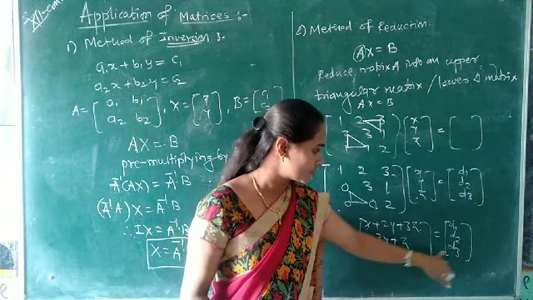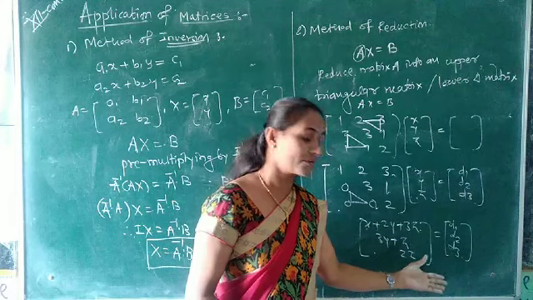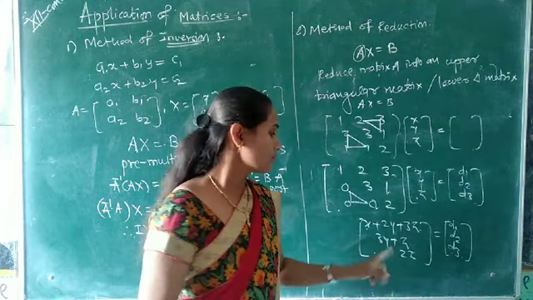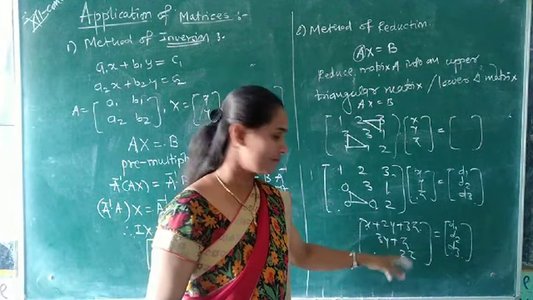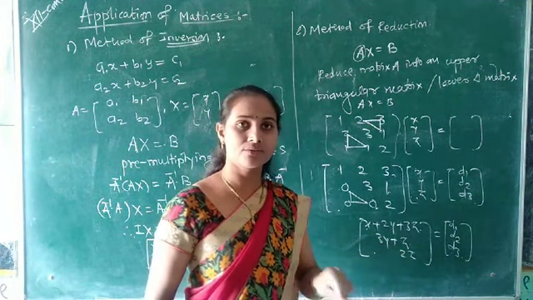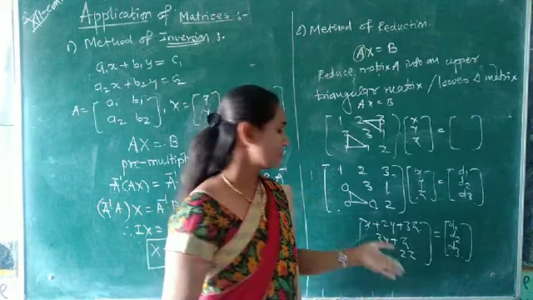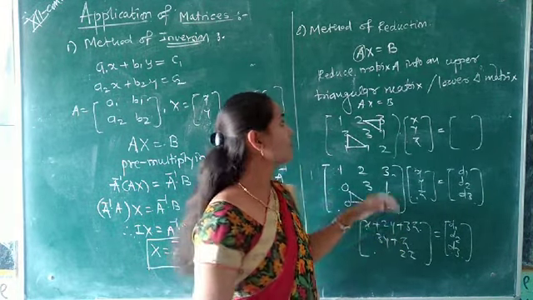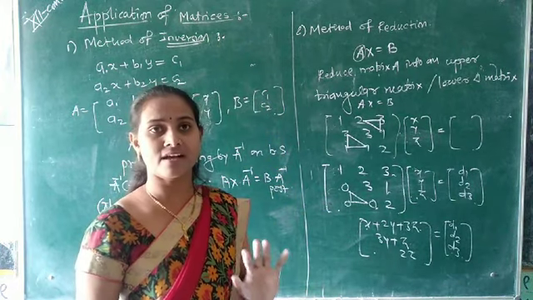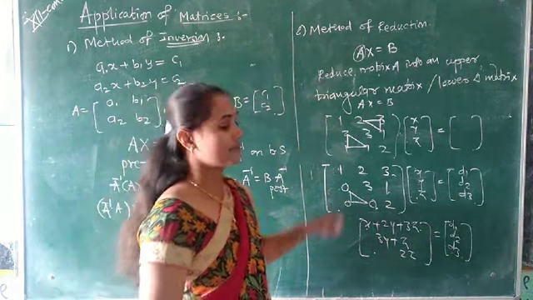From the equation 2z is equal to D3, so from equation 3 we will get the value of z. Use this value of z in equation 2, then we will get the value of y, and so on. Use this y and z in equation 1, then we find the value of x, and so here we get the values of x, y and z. So this is called the method of reduction.